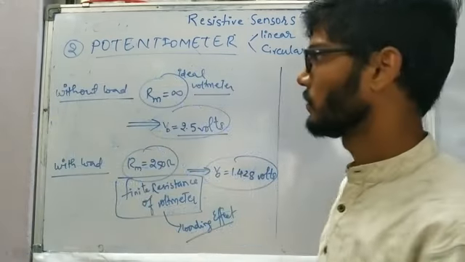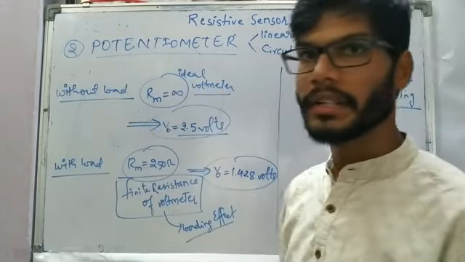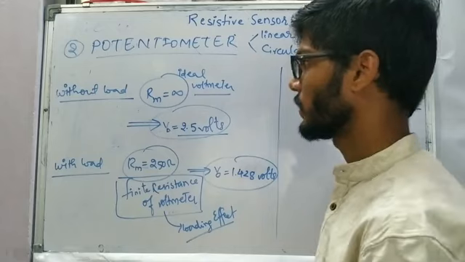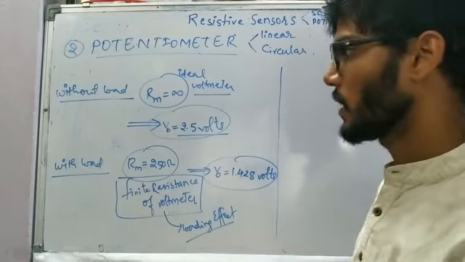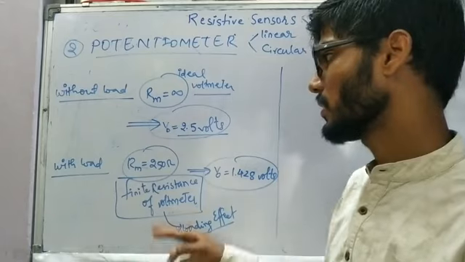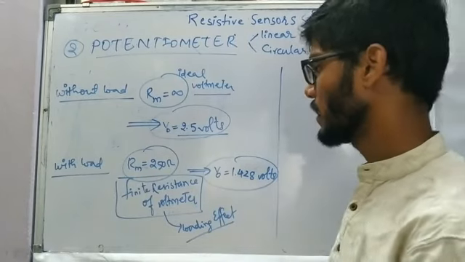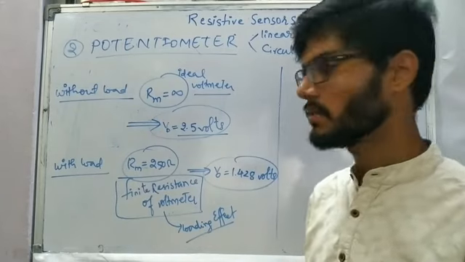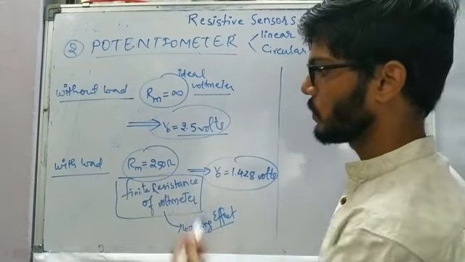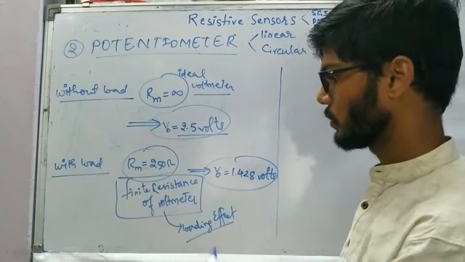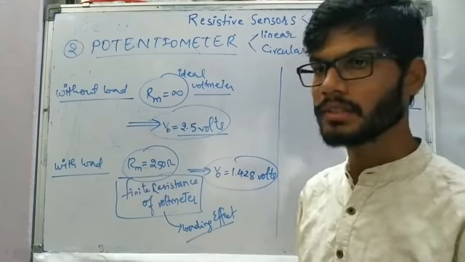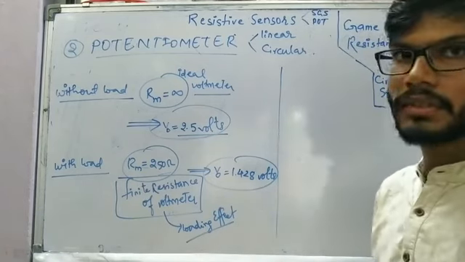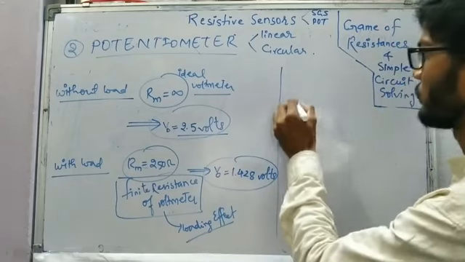So in the case of without load condition, we took the voltmeter as ideal voltmeter, and the resistance of voltmeter was treated as infinite, and the output was coming as 2.5 volts. And in the case of with load condition, the meter is going to have finite resistance in parallel, because voltmeter is always connected in parallel, whereas ammeter is connected in series. So it is going to have 250 ohm resistance in parallel, and due to the loading effect, it is going to generate the output voltage as 1.428 volt. So now we'll calculate what is the percentage of error with respect to the previous reading.